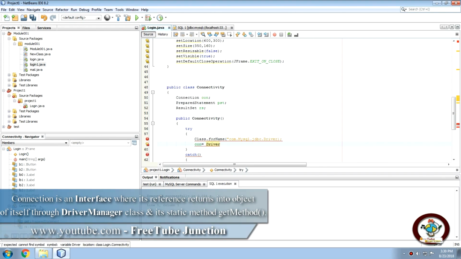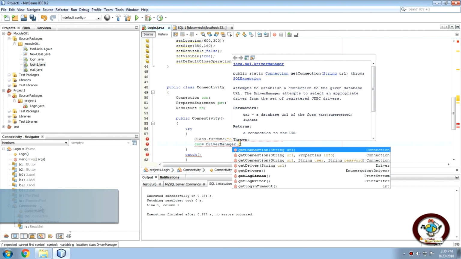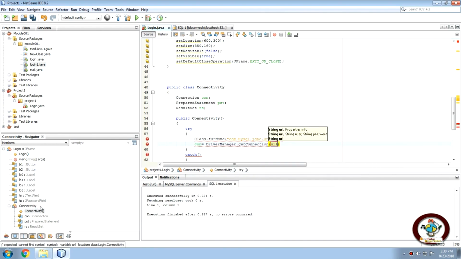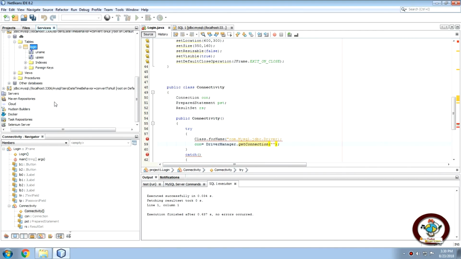DriverManager dot getConnection method. So here we need our database driver location path. To get that, we would come to our program here